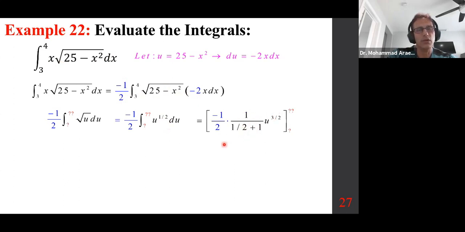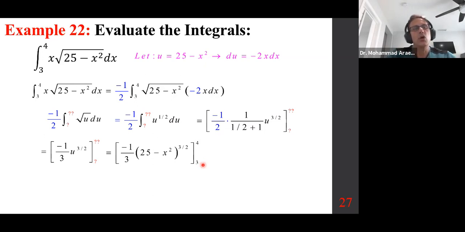Again, I'm going over this fast. We've seen it a number of times, resulting in the following. I haven't used the limits for u yet. We can go back to the original variable and original limits, or